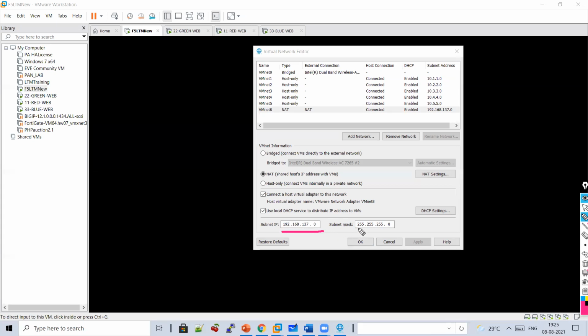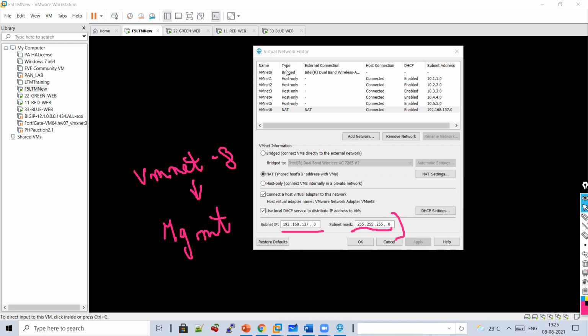You just need to take care of this. I'm using VMnet 8 as a management network. And the IP address which I'm giving is 192.168.137.0, with 255.255.255.0 as a /24.